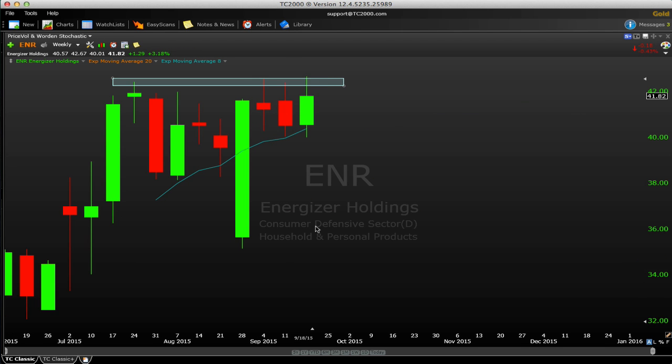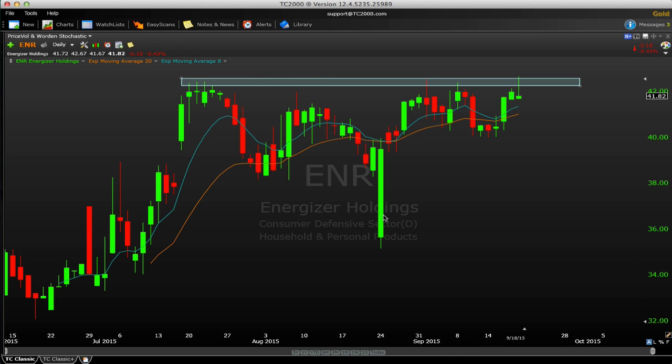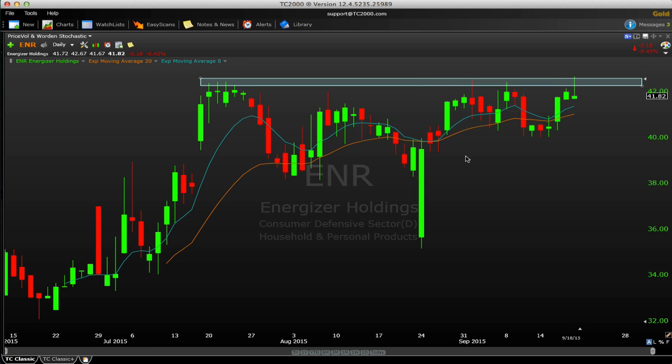Then finally, ENR. This one's a recent IPO. Take a look at a daily chart. You can see here that we get a nice flat base right here. Price was looking constructive on Friday, but it couldn't hold in there. Need a close above $42, get a new all-time closing high. I think this one starts to look good, but for now we're just on watch with ENR.